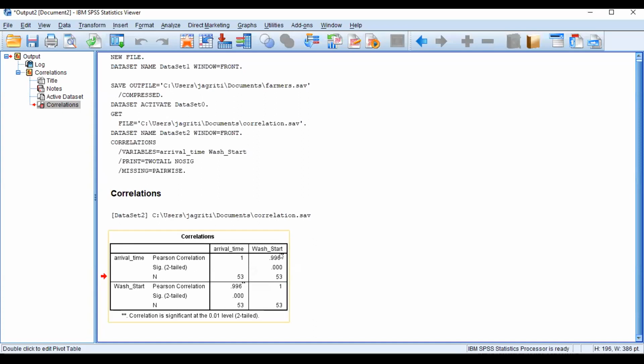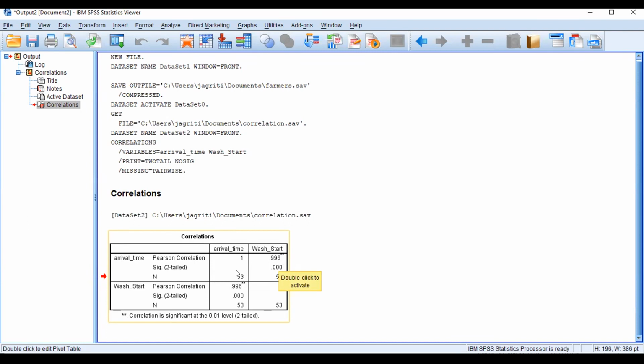Karl Pearson. Here we will have two or three factors. The detail of this correlation table is important. Here, arrival time Pearson value is 0.996, significance is 0.000, and the number of observations is 53.